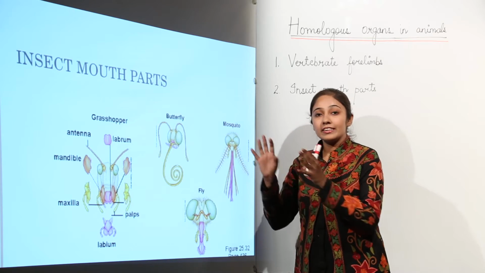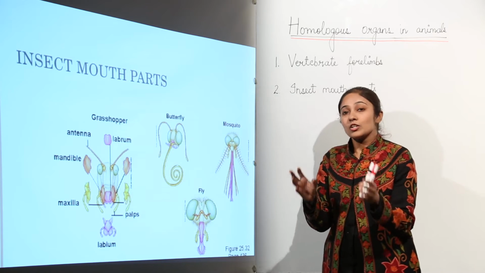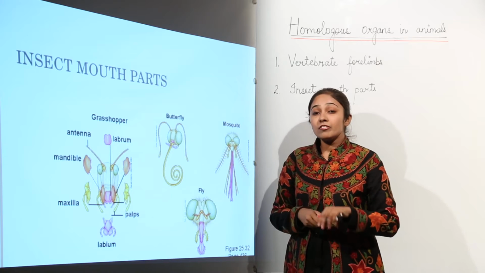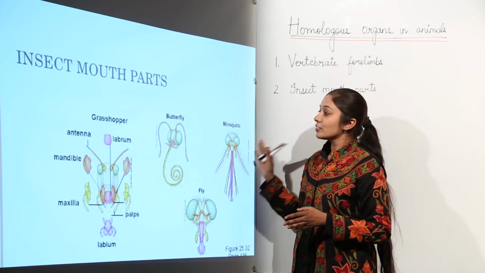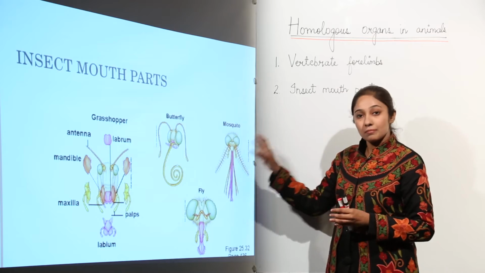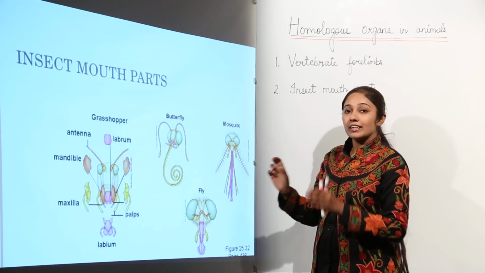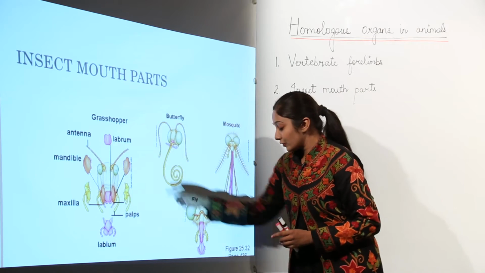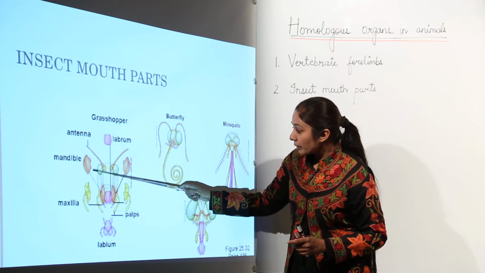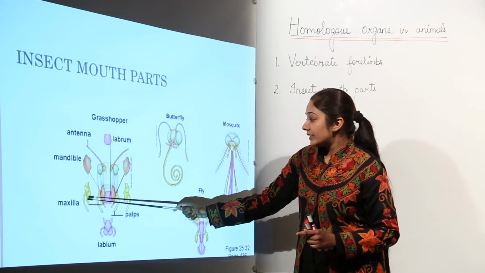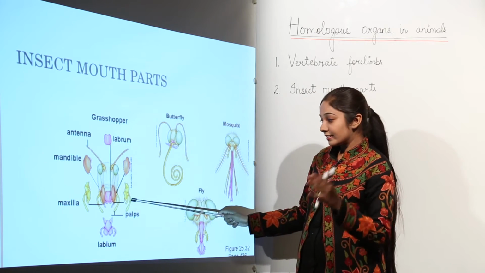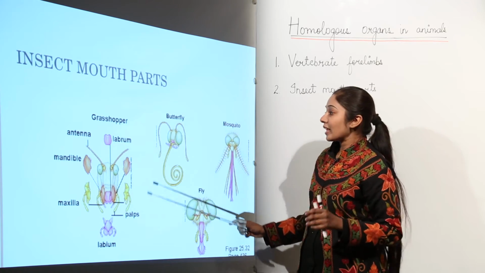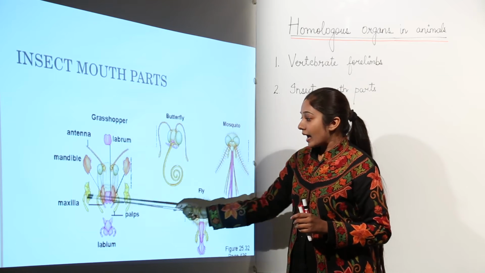Whenever you look at these organs from the outer side, you will see that these appear differently and they are going to perform different functions. But when we look at the anatomy of these organs, you will see that they are basically similar, they are basically alike. Remember, the insect mouth parts have one labrum, one pair of mandible. As you can see, these are the mandibles, okay, and this is a pair of maxilla, and insects have two pairs of maxilla. So you need to remember three major parts, that is labrum, mandible and maxilla.